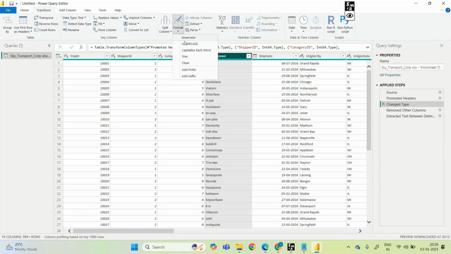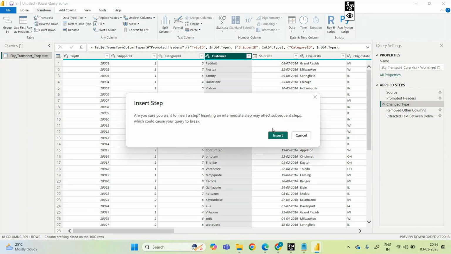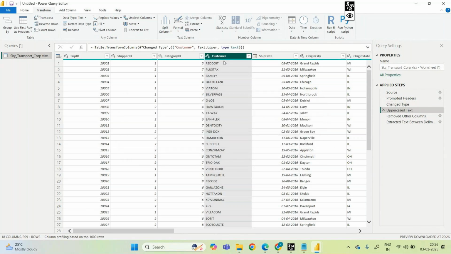Just see, uppercase, just with button clicks. Power Query is only with button clicks. No coding, no programming over here.